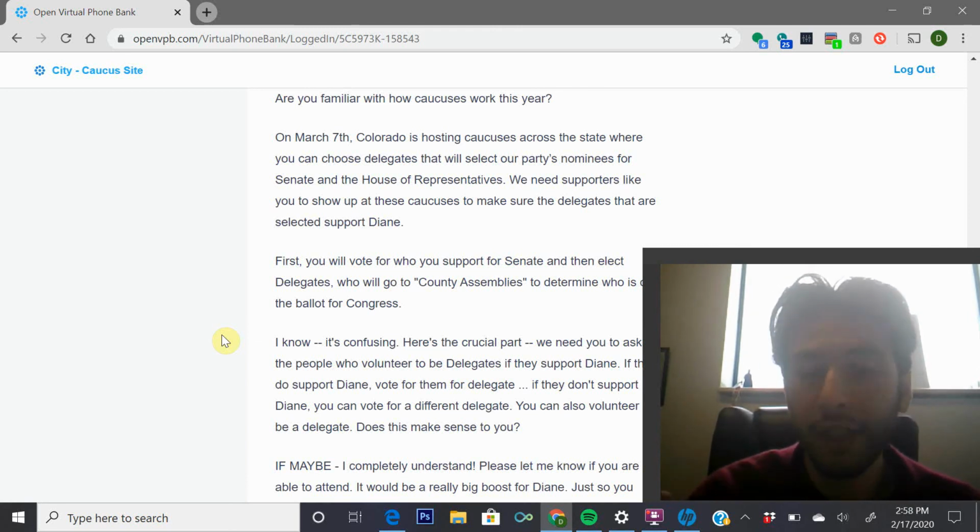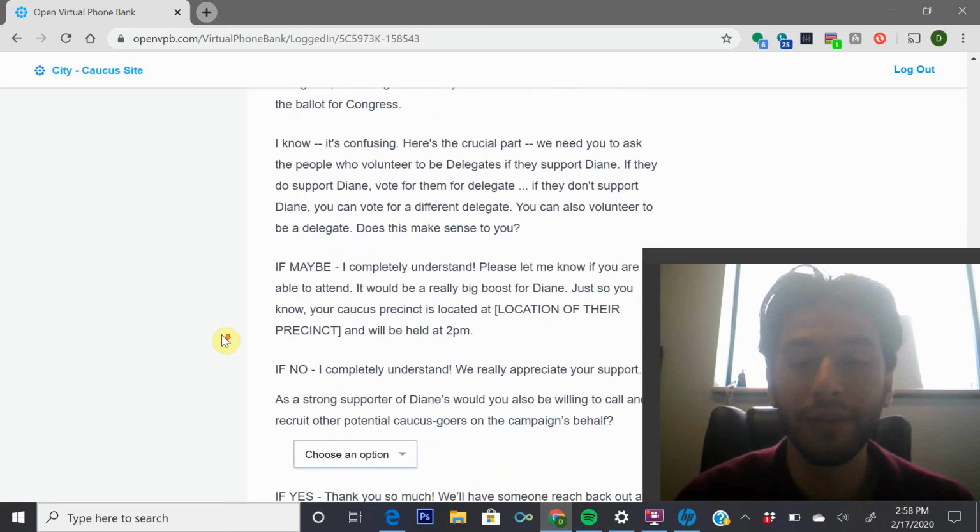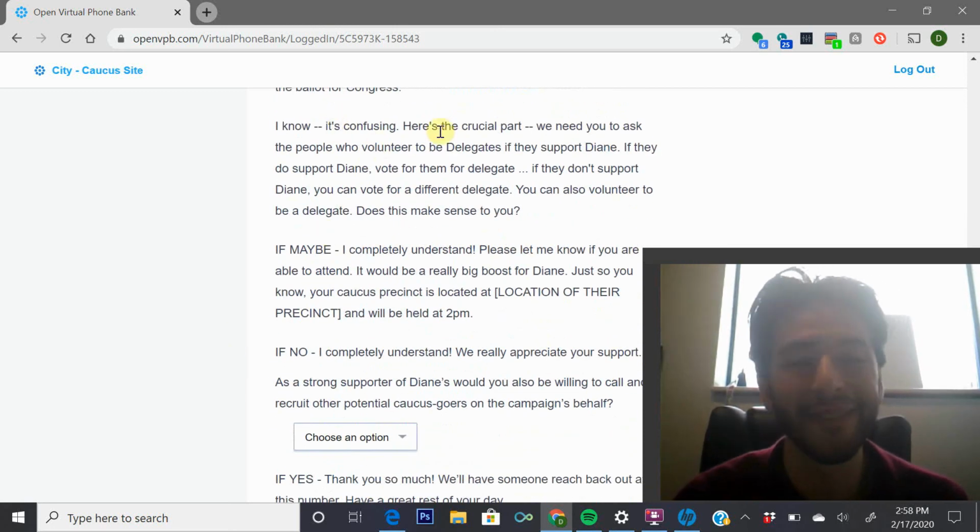So we have a spiel here that essentially explains this to voters in as few words as possible. It is very confusing. We acknowledge that right here in the script, but this is the really crucial part. And then we ask them if that makes sense to them. Now, if you have caucused before, if you're experienced with this, right, you might have your own way of doing it.